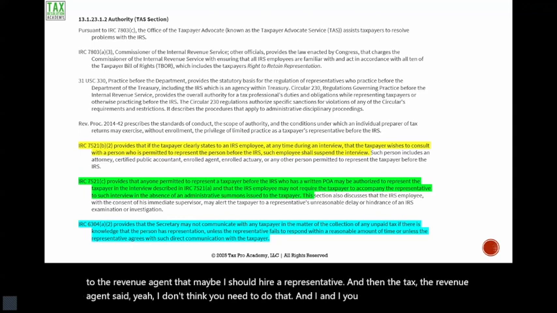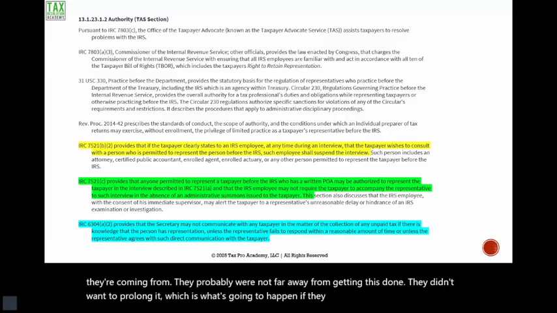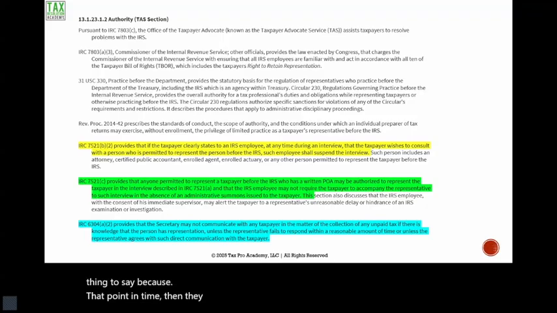I can get and understand where they're coming from. They probably were not far away from getting this done. They didn't want to prolong it, which is what's going to happen if they hire a representative. And it was the wrong thing to say because at that point in time, they should have just backed off. I make that equivalent to